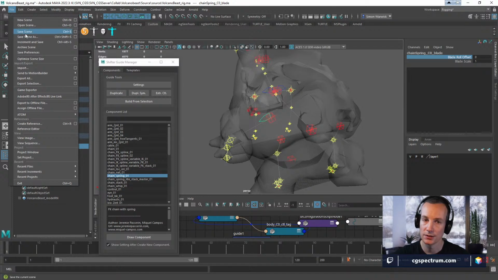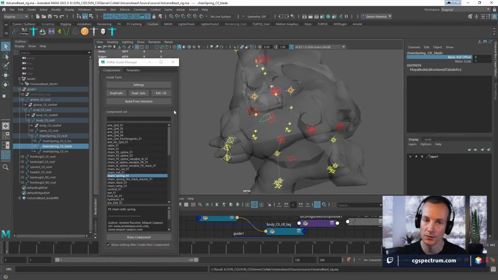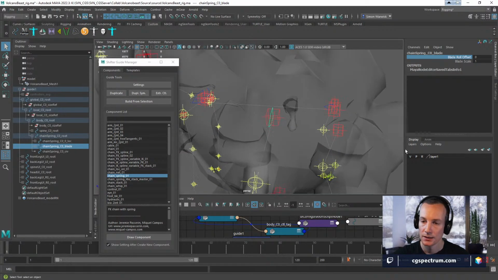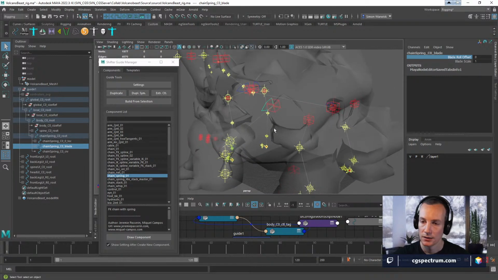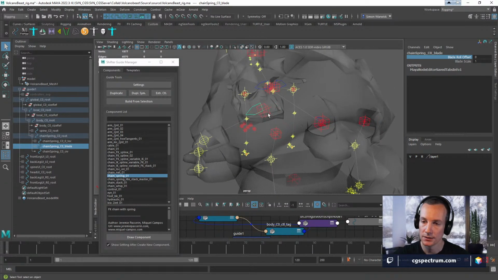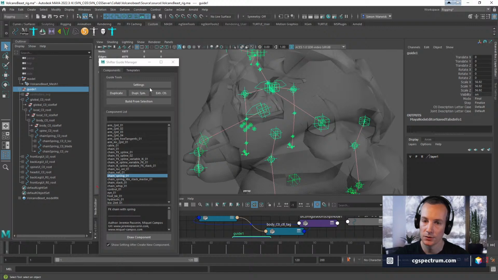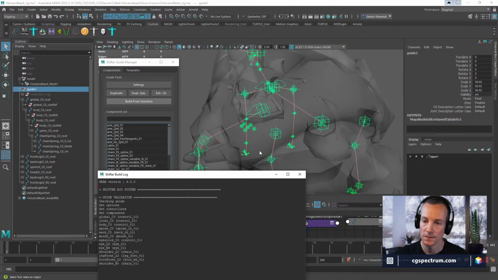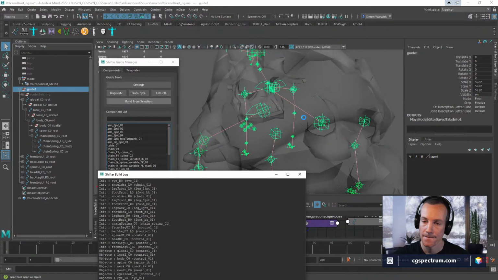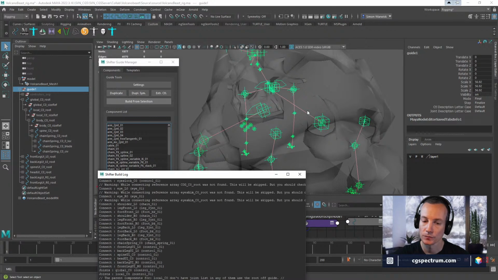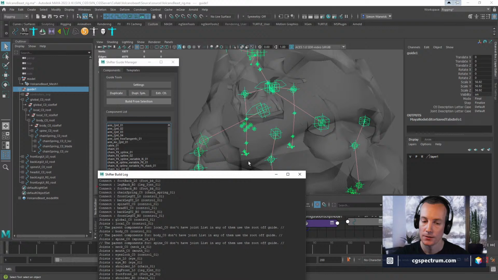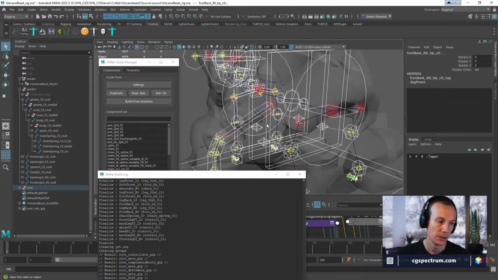Since I've already submitted this to SVN, I'm going to be okay to save over top of the file. And we'll pick the main guide, and then we'll build from selection. We'll try some basic manipulation.